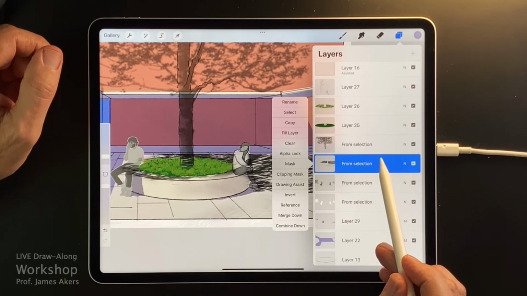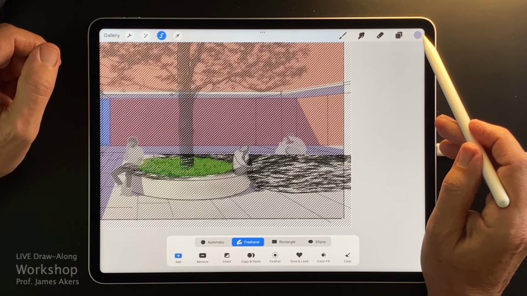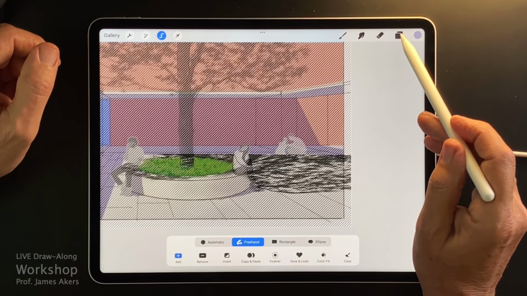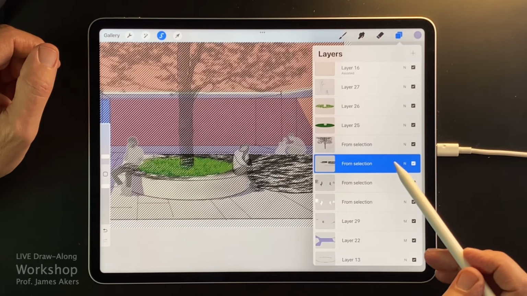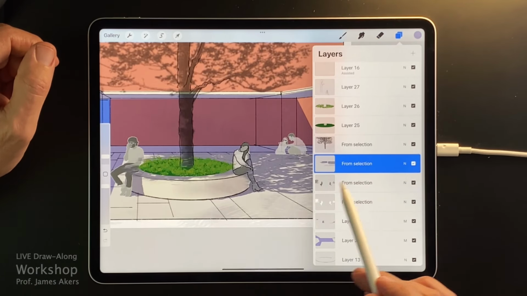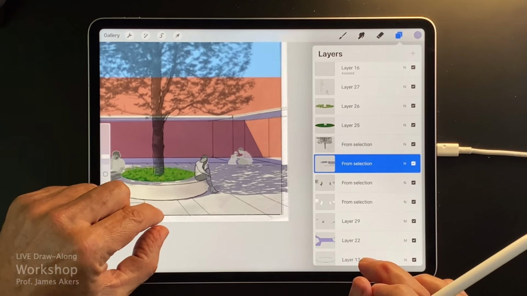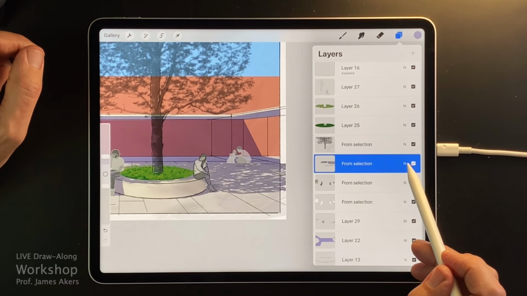I'll select this, and I will remember that shadow color is still picked. So now, instead of dragging and dropping that in, I'll hit the fill layer command, and look what happened. The whole shadow becomes that color, but it's still opaque.